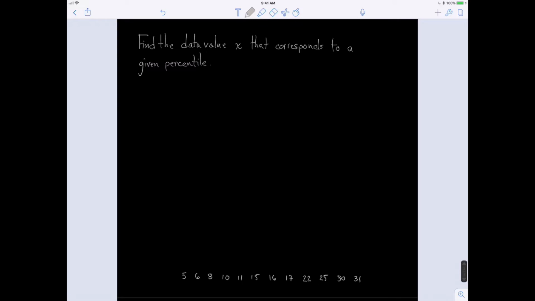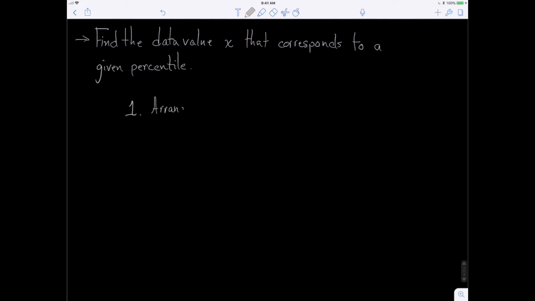So there's 3 steps for doing this, and that's what we're going to do today. We're going to find the data value x that corresponds to a given percentile. The first step is to arrange the data in ascending order. That's one. Number 2 is find